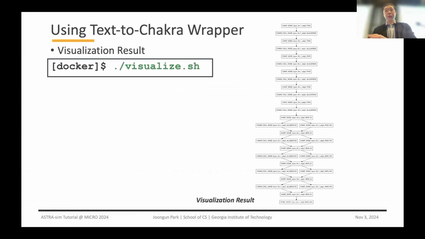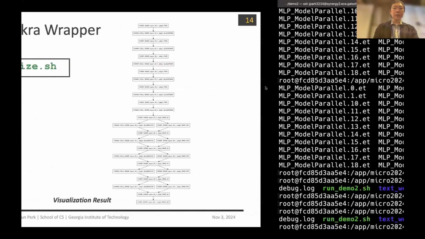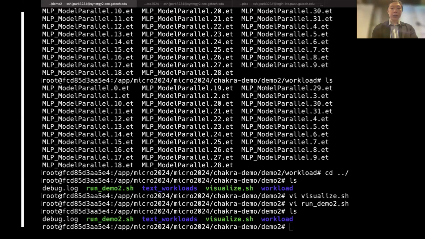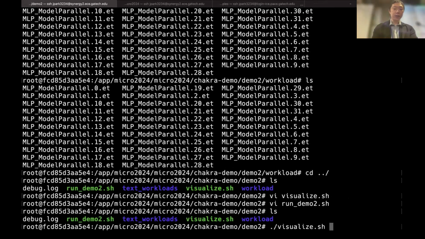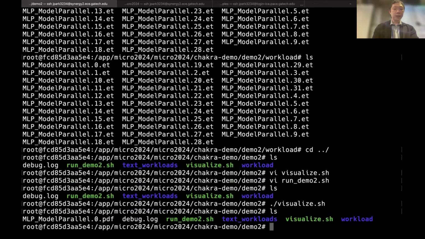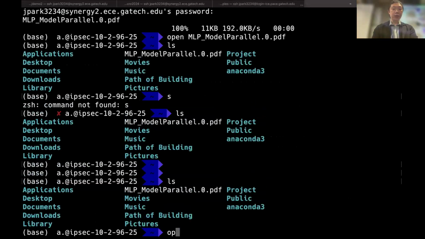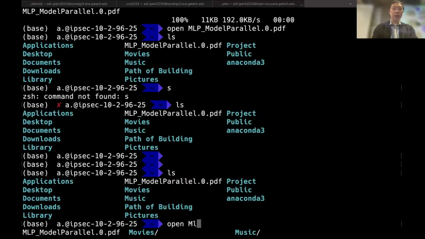And the result would be shown like this. So Chakra has an internal module called visualizer. There's also a script for the visualizer. If you run this, you will see a PDF file is generated. And if you just bring it to your local machine to see what's in there,